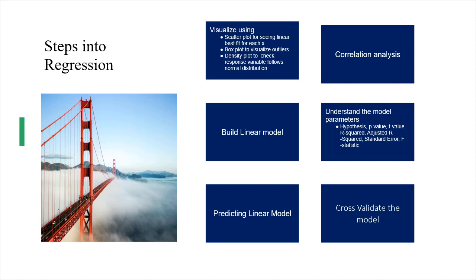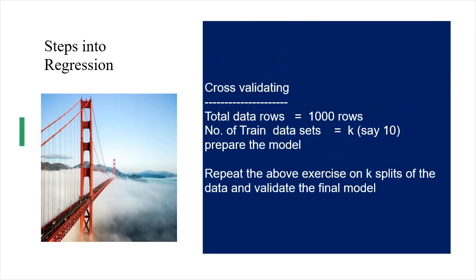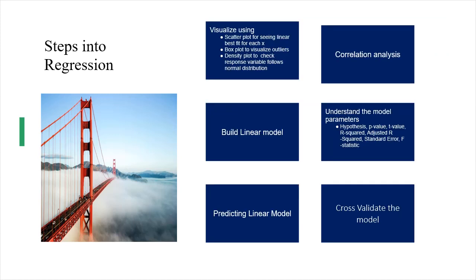Then you can do one more thing, further rigorous testing, which is done by cross validation. How do you do that? The whole data is divided into several subsets, and you prepare models for each of them, and then you compare the models, and you get to know whether any particular group has performed in a different way. That means there is a set of data which is not conforming to the whole data. Anyhow, the last step we will not do, but the remaining steps we will do in RStudio. Let's go to RStudio.